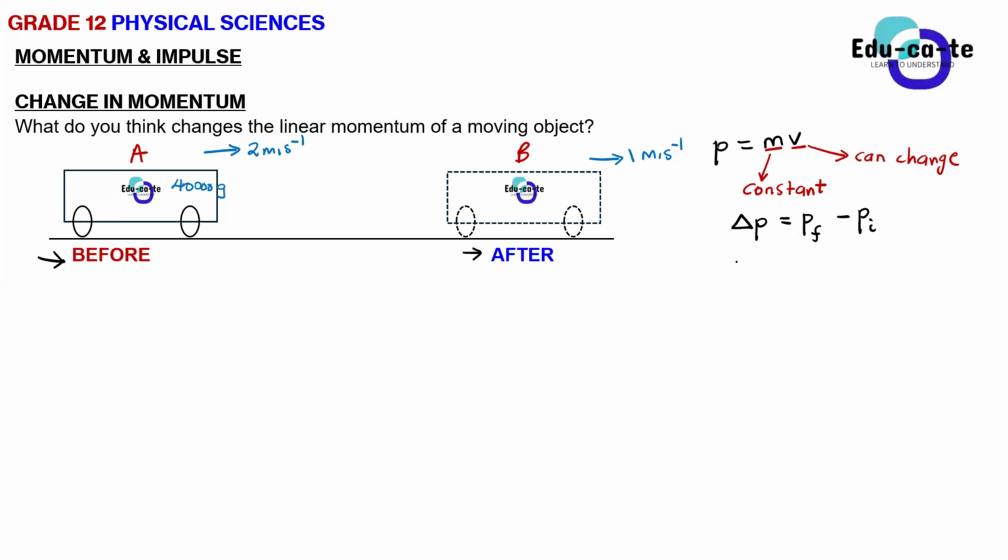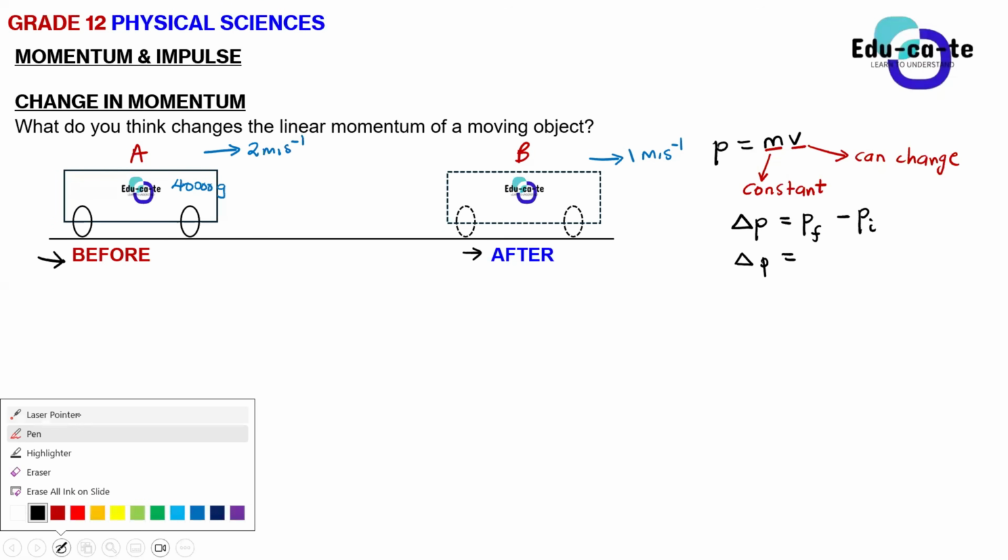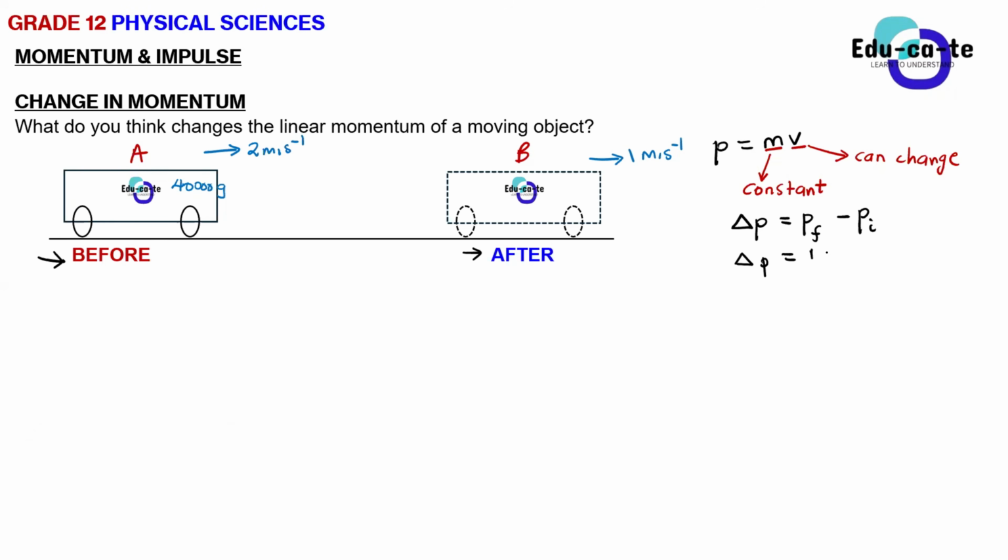Yes. And we know that momentum is equal to the mass times velocity. So when we are talking about the final momentum, we are going to use the final mass of this car times the final velocity of the car, right? So I'm just going to rewrite my formula. The mass is the same, so this is the mass times the final velocity minus the mass times the initial velocity. Is this correct?